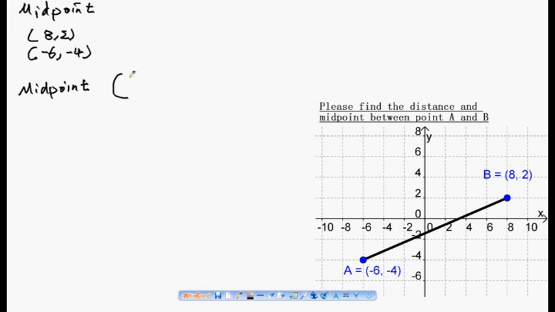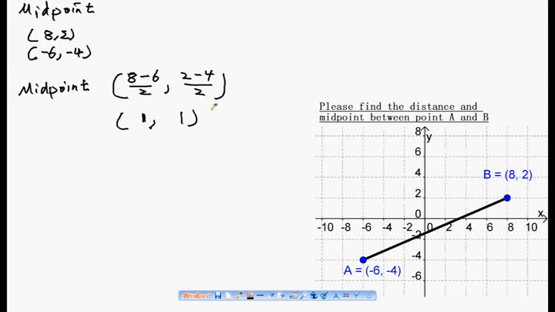So 8 plus minus 6, just 8 minus 6 divided by 2. That's your x coordinate. Your y coordinate is the sum of the y coordinates of both points divided by 2, which is 2 minus 4 divided by 2. We do the math and end up with 1 and